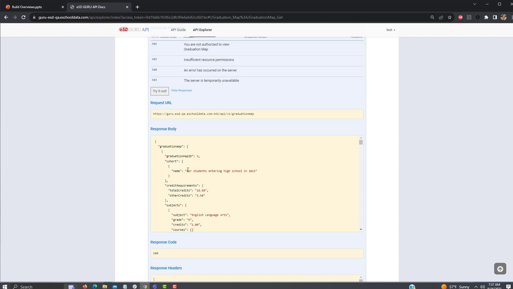When you search, this is going to include all of your details that are set up for any of your graduation map requirements. This endpoint is not designed to pull in any student progress towards completion of these graduation maps. It is simply the graduation map details, all of the different parameters that are set up within each of the